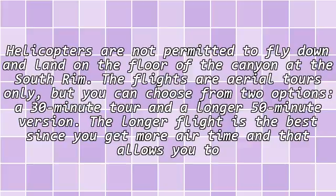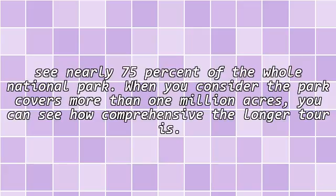At the South Rim, the flights are aerial tours only, but you can choose from two options, a 30-minute tour and a longer 50-minute version. The longer flight is the best since you get more airtime, and that allows you to see nearly 75% of the whole national park. When you consider the park covers more than 1 million acres, you can see how comprehensive